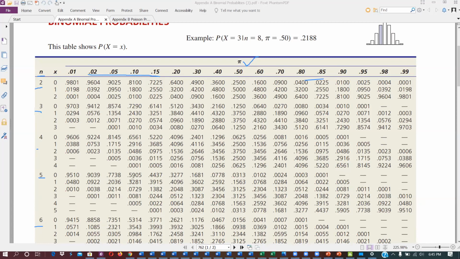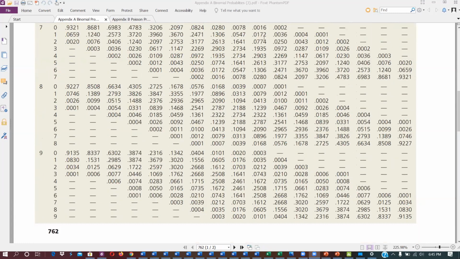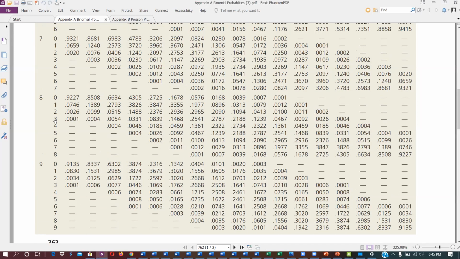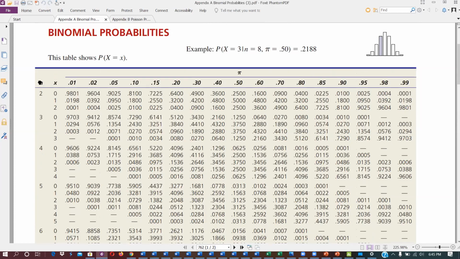So we were looking into the case of n equal to, for example, 8, or n equal to, for example, 10 or 20. So this is the event 0 probability. Exactly the same number you will get here. This is 0 event probability, 1 event, 2 event, 3 event, 4th, 5th, 6th, 7th, 8th. Similarly, this is n, and these are the x values inside this. So n and x value, exactly the same value we will get.